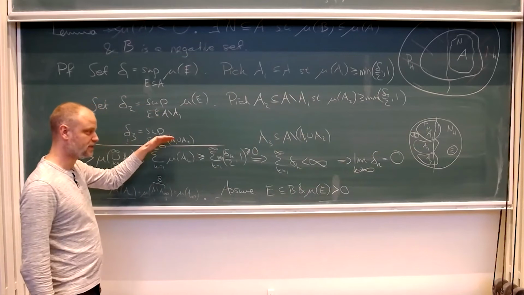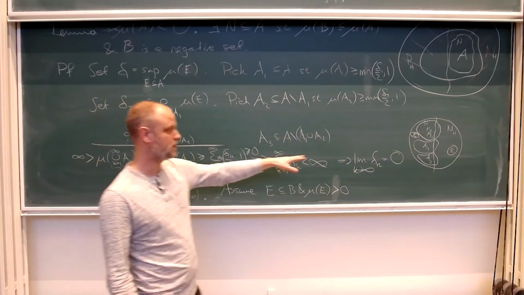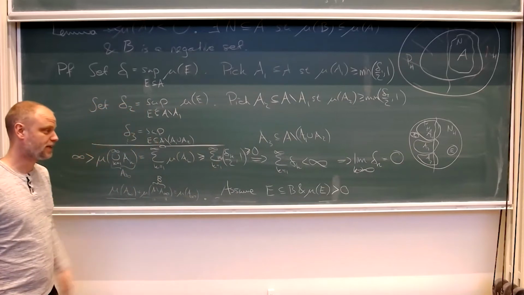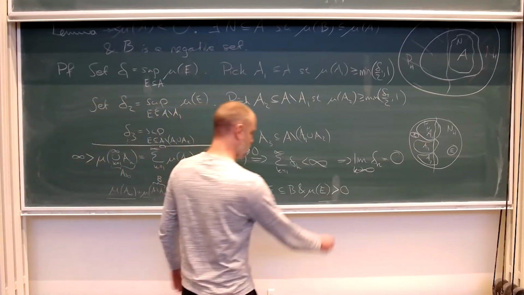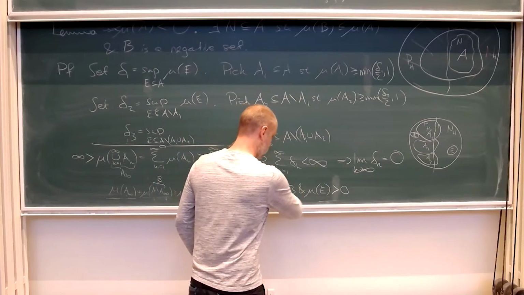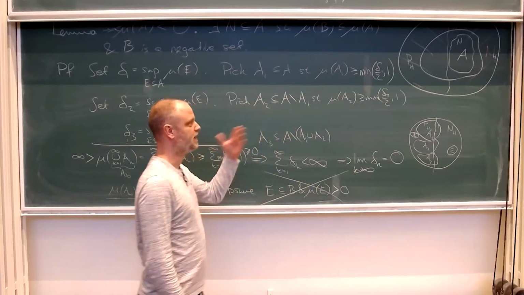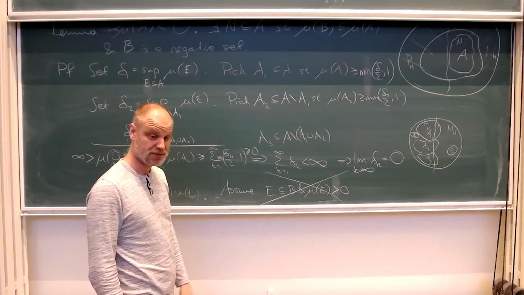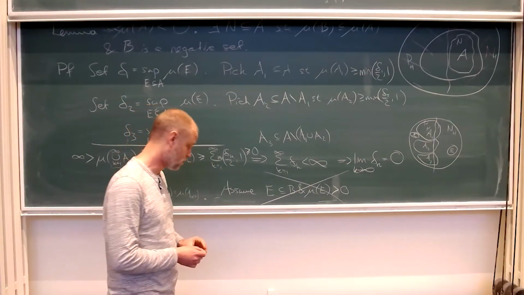And that contradicts the fact that this delta k goes to 0. Yeah? So that cannot exist. Boom, boom, and then we see that B is a negative set. Very smart argument,